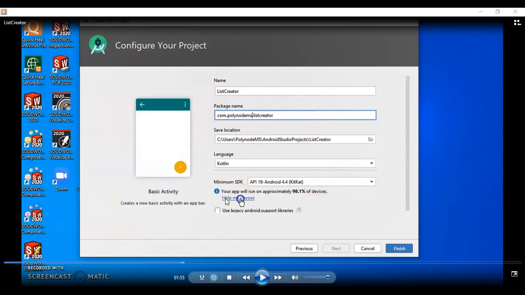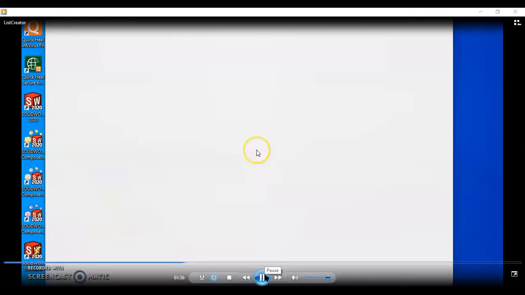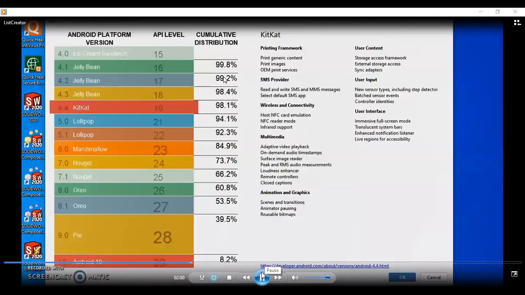If you click on help me choose, you can go through all the available API level options. You can see these API levels are there: 15, 16, 17, 18, 19, 21, 22, 23 to 29.